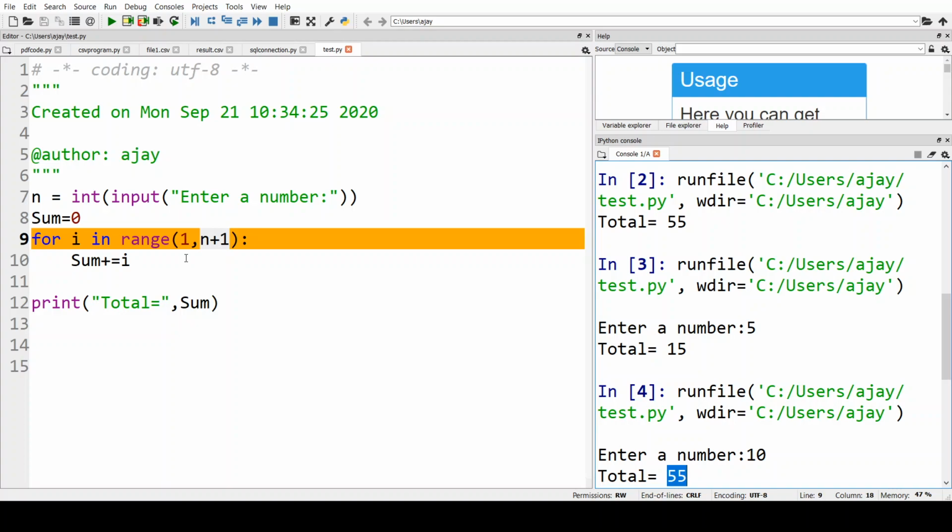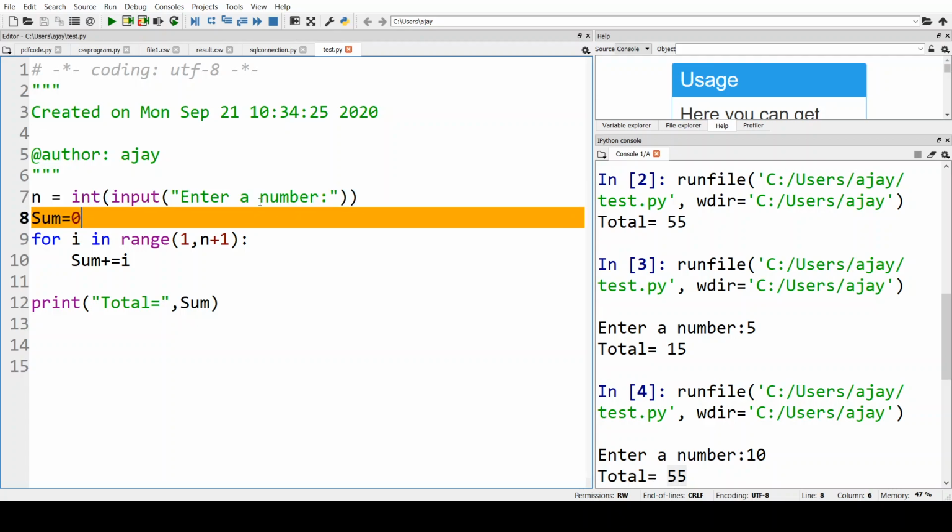Now we will do one more program, which is the addition of n numbers, and that is not the addition of 1 to n numbers, it is the addition of n different numbers. So for example, I'll be accepting 5 different numbers from the user, or depending, I will be accepting n different numbers from the user, and I'm going to add those numbers together. So what will I do? What logic do I need to apply? The first thing that I need to do is,